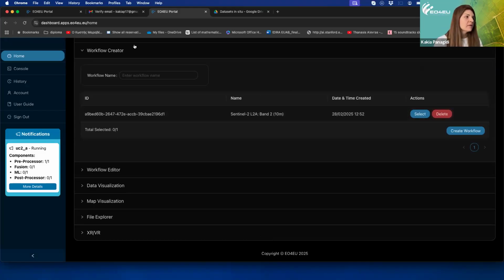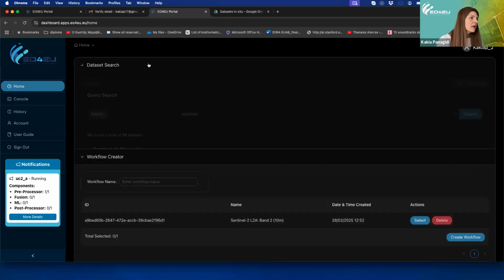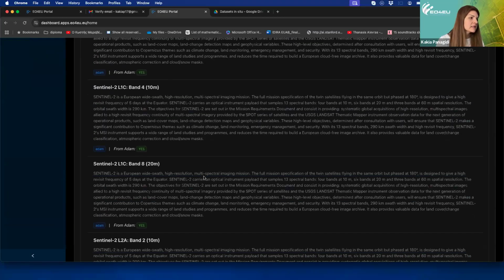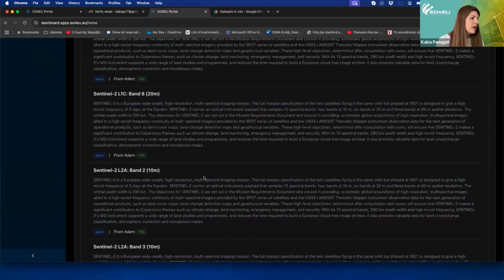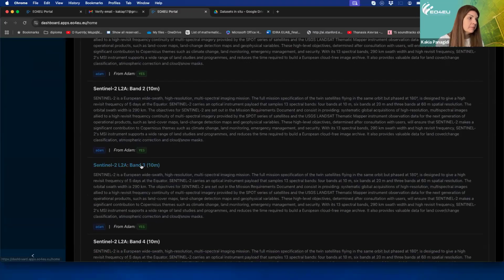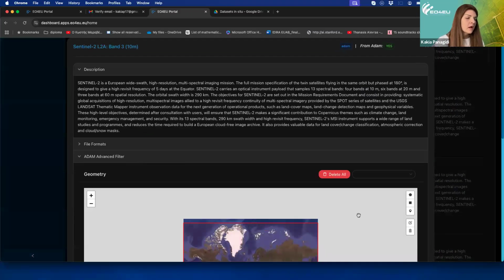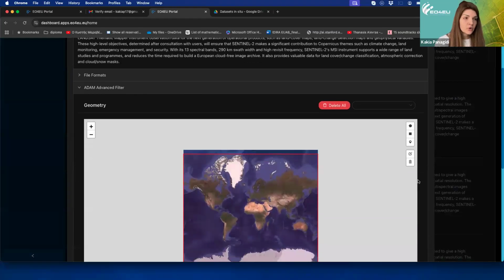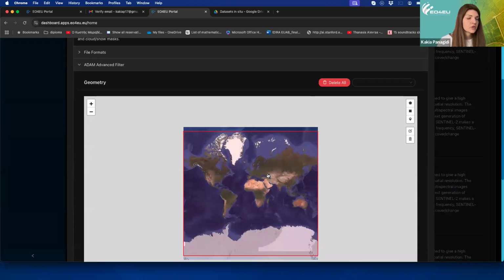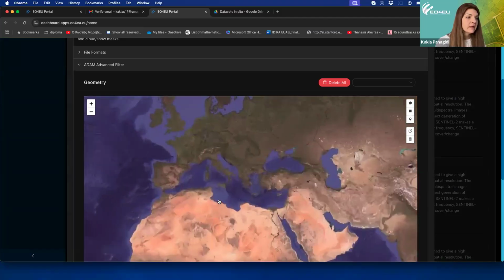So what I'm having in my workflow creator is a specific product ID with a date created. I know that it is Sentinel-2 band 2. I can select it or I can delete it. Okay, let's go back to my initial search and go to L2A band 3. And the question, which was also a user requirement from your side, is that probably I would like